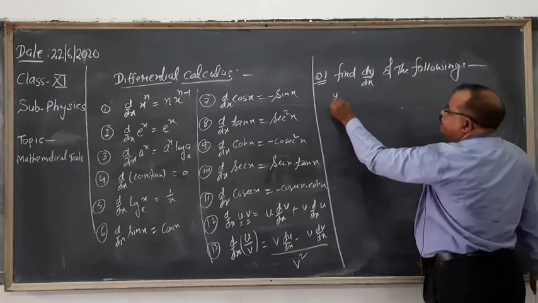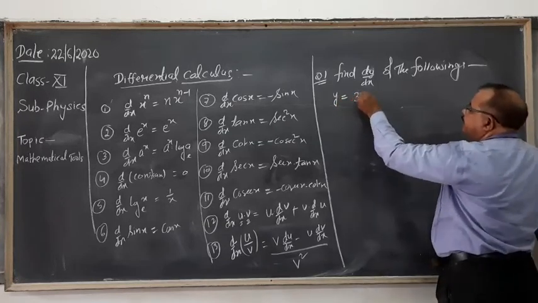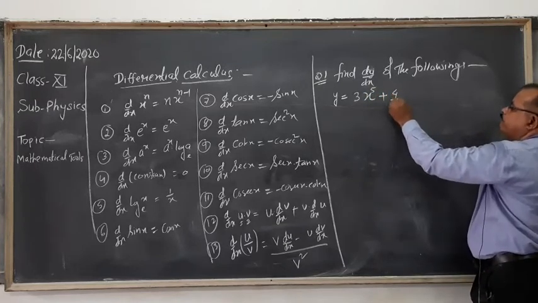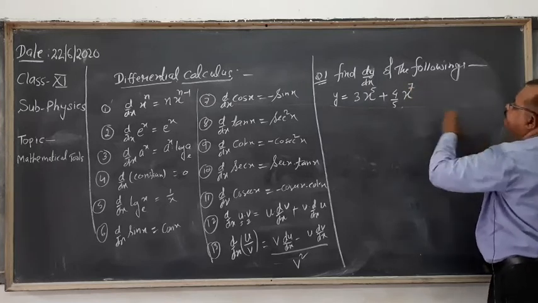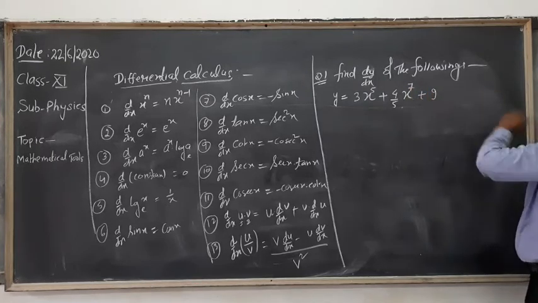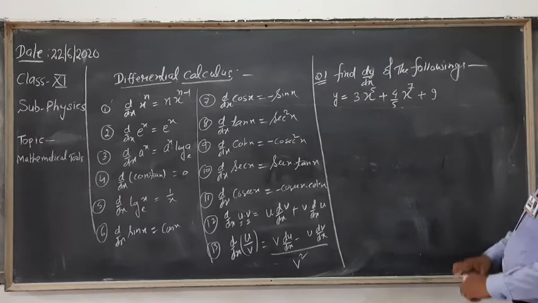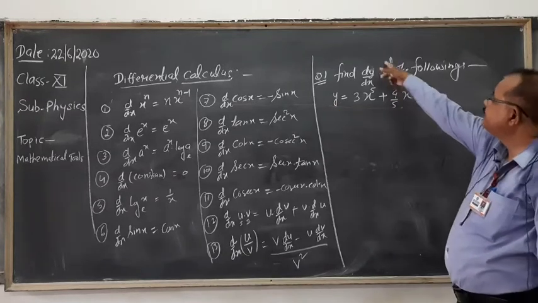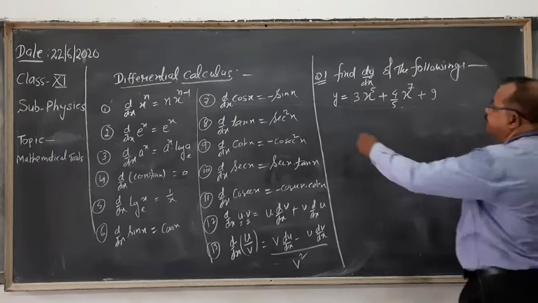Suppose y equals 3x to the power 5 plus 4 upon 5 x to the power 7 plus 9. Okay, this is the first question. Find the derivative of y with respect to x, that is dy by dx. So, solution,